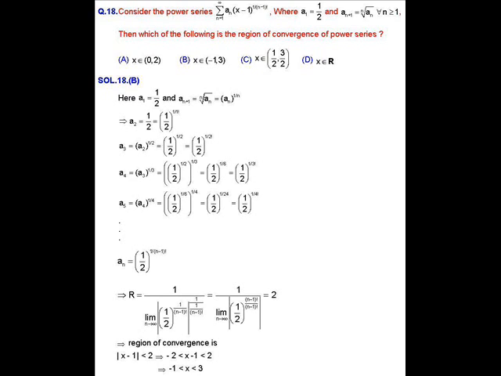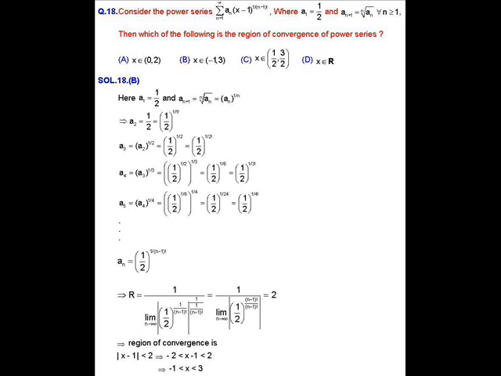Now we will evaluate the radius of convergence for the given power series. So r is equal to 1 upon limit n tending to infinity of mod of an whole raised to 1 upon (n minus 1) factorial. Remember, here our exponent is nothing but 1 upon (n minus 1) factorial, that is, in the given power series we have (x minus 1) raised to 1 upon (n minus 1) factorial. So r is equal to 1 upon limit n tending to infinity of mod of 1 by 2 raised to 1 upon (n minus 1) factorial, that to the power 1 upon (n minus 1) factorial. So when we evaluate this, we have 2, that is, our radius is equal to 2.